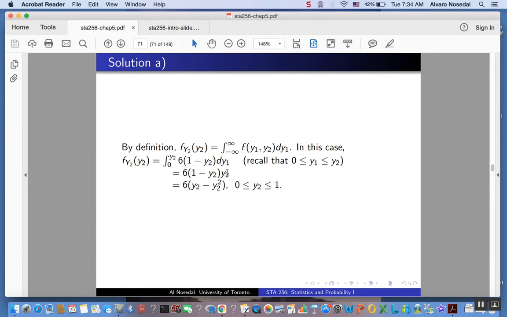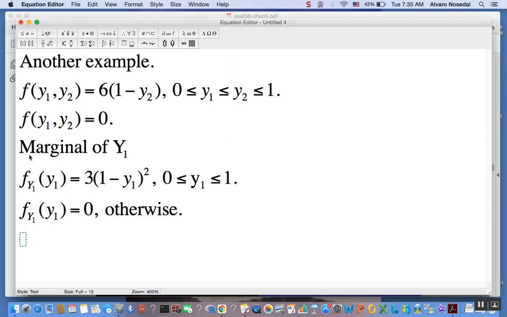Let me leave that expression like that, because from this expression we can quickly see that the marginal of y2 happens to be another beta distribution. So it is a legit probability density function in itself. So, the marginal of y2,